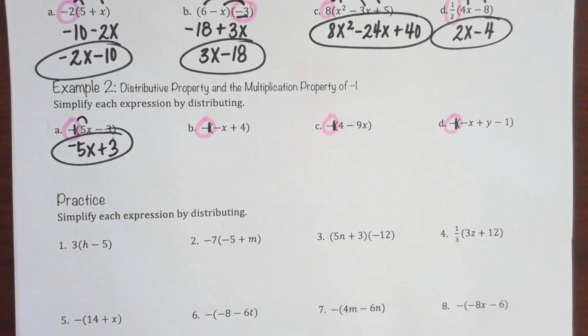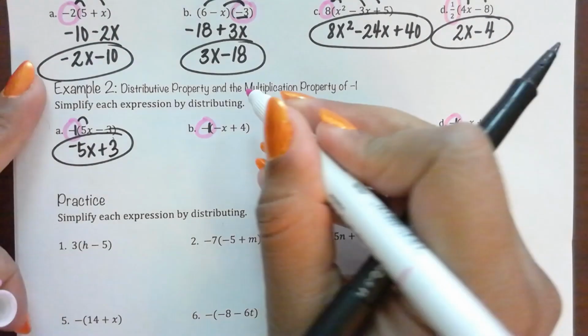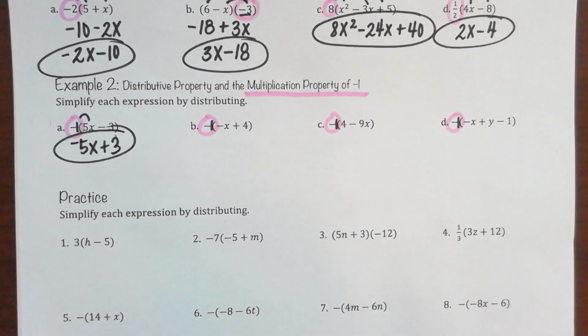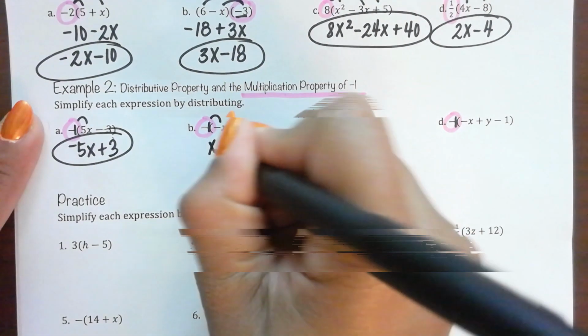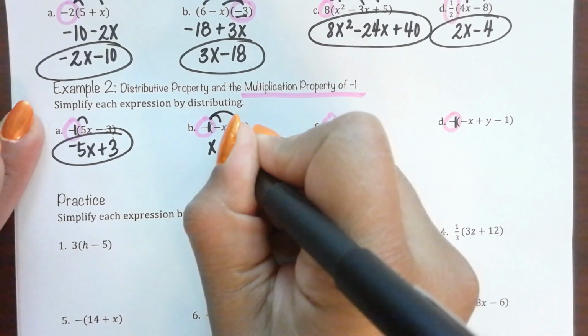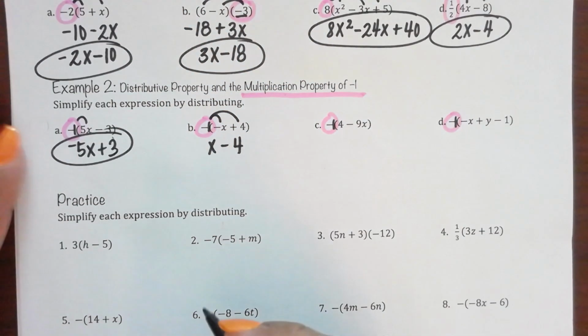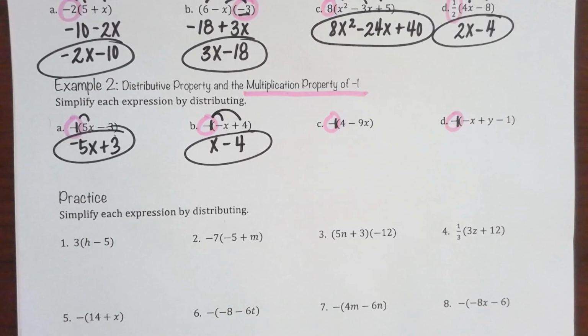Knowing your properties is everything, because this is another individual property that's used consistently, okay? What's the opposite of -x? What's the opposite of 4? Is this in standard form? That's the answer. You see how quick that is? You have to know those properties, okay? When all else fails, do you have a calculator? When all else fails, am I going to judge you for using said calculator? No, but you need to know your